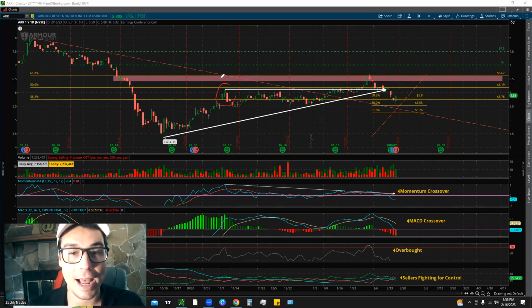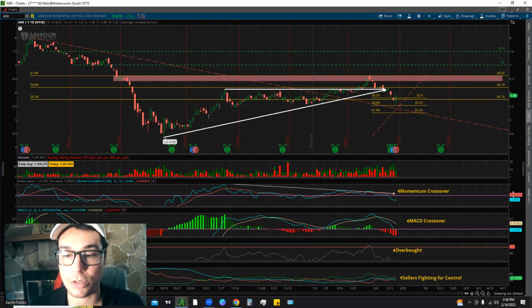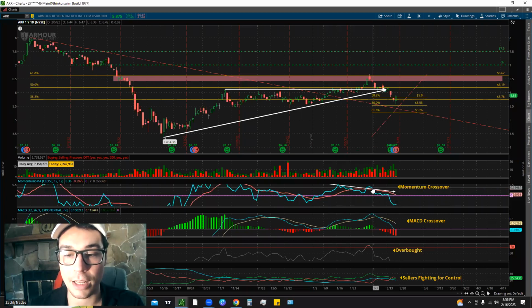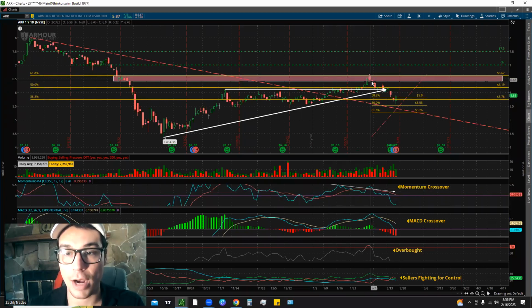Notice how we made a high here, and we were making higher highs over here. Clearly, we were in an uptrend, right? And rather, we're making a high and lower highs over here. So we had a slight bearish divergence on the momentum indicator. And most recently, we just got a bearish crossover. So if we zoom in, we can see that we just crossed below right at this point